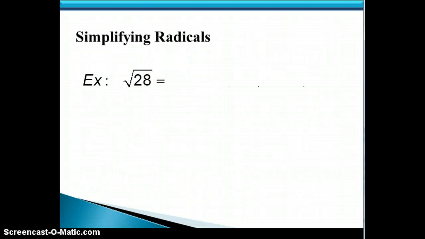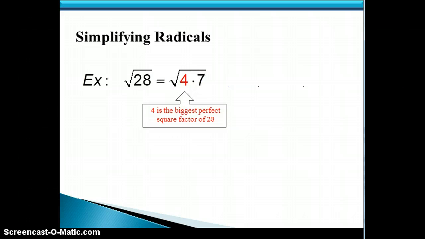Now let's look at some more examples. So the square root of 28 we want to simplify, and it's not simplified right now because there is a perfect square that's a factor of 28, and the biggest perfect square factor of 28 is the number 4. So we'd want to factor 28 into 4 times 7,